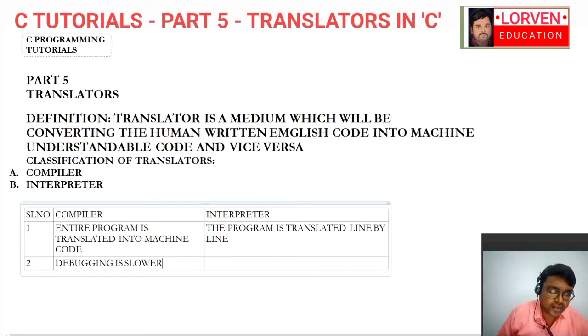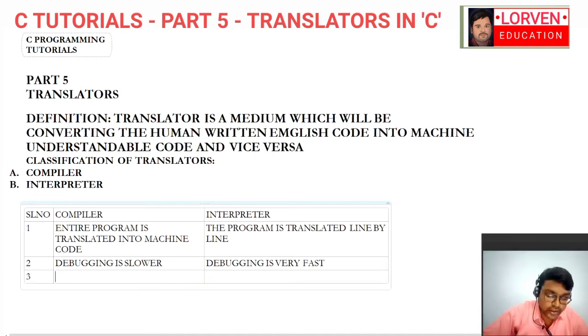For a small program, rectifying errors is very easy, but if you give a program of 200 or 400 lines, it will take some time to rectify all the errors made by the user. So debugging in the compiler is very slow, whereas debugging is very fast in the interpreter. This is point number 2 to be noted.